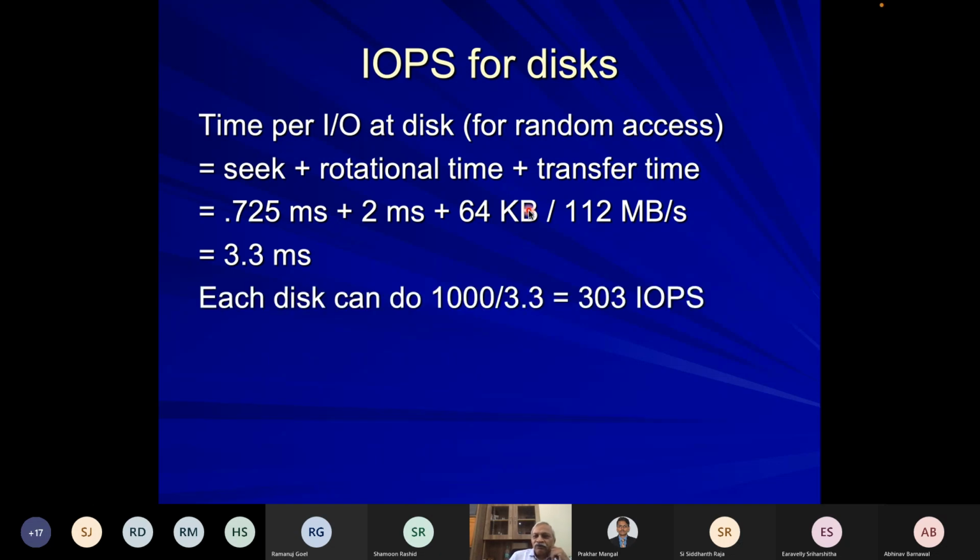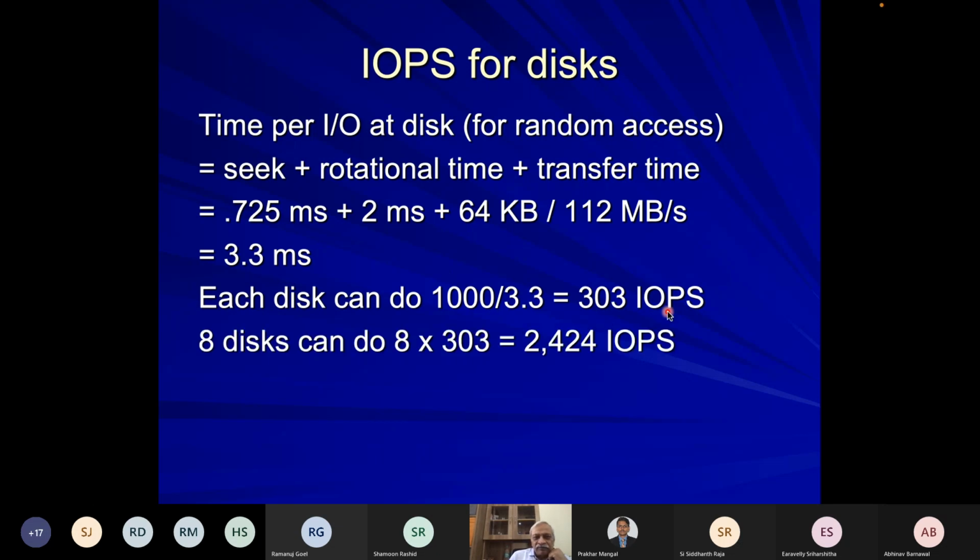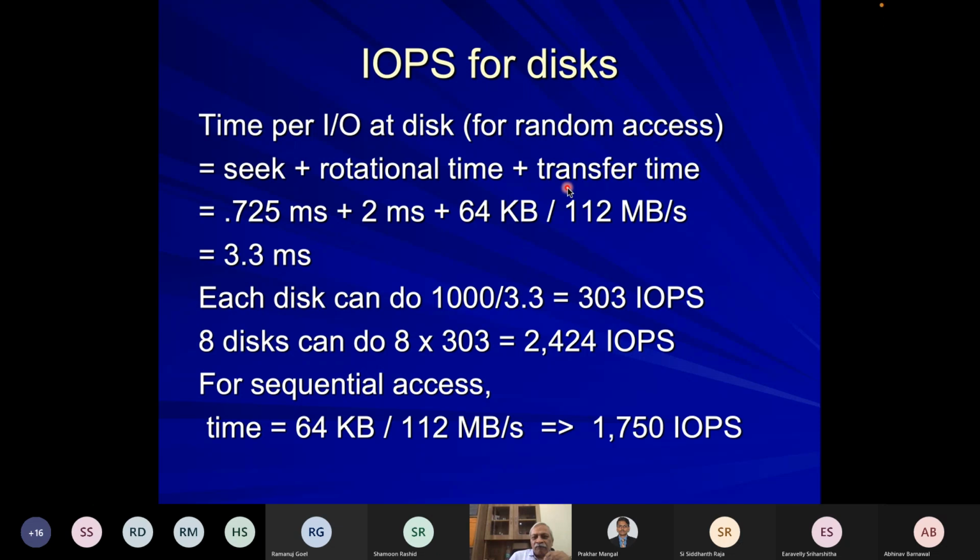That means each disk can do, since it is milliseconds, we have a 1000 factor, 303 IO operations per second. And if you have 8 disks, you can do 8 times that. Now this was for a random access. That means every IO would require you to move randomly from one point on the disk drive to another point, involving certain seek latency and rotational latency. But if accesses are sequential, that means you are reading one